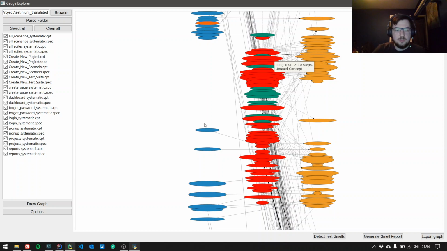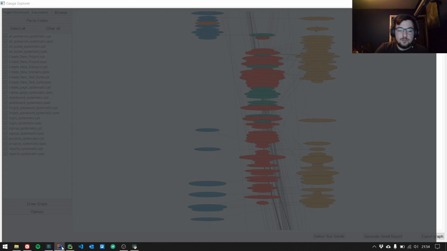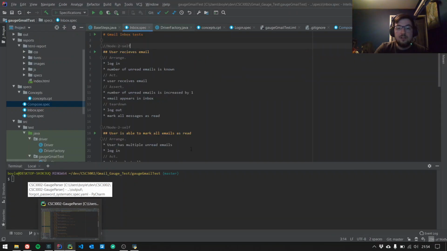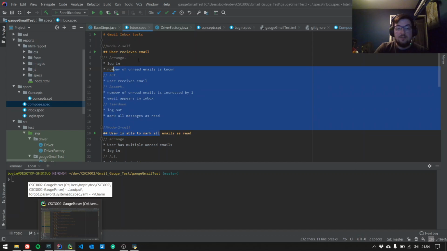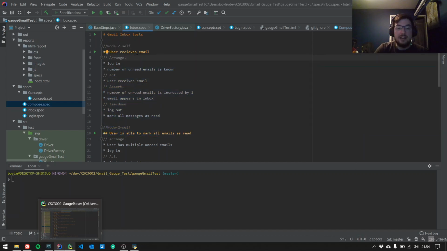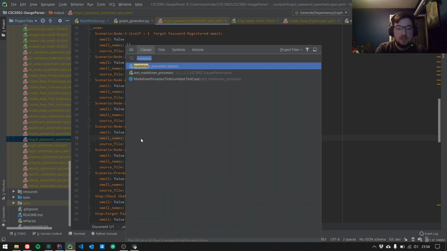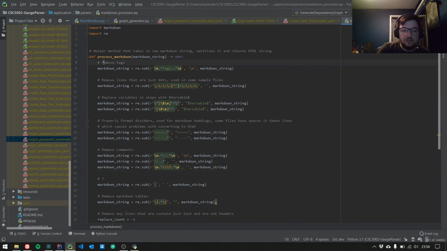Another difficult thing was the processing of the markdown. A lot of Gauge tests will have stuff like this. They'll have comments, tags, and other stuff that aren't necessarily part of the test. So obviously they need to be removed before it can be properly parsed. So that led to the creation of this class, which basically uses a lot of regex to